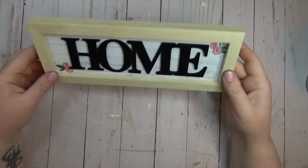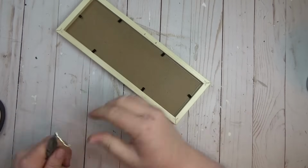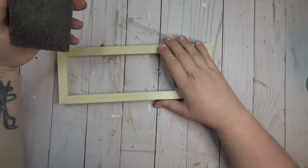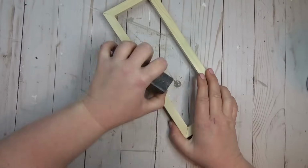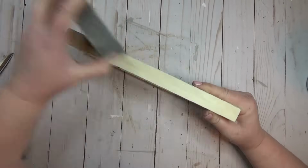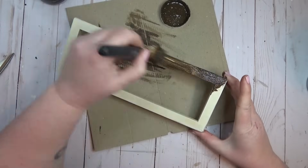They have these little home signs at the Dollar Tree, and I liked it how it was, but the frame itself was just a little bit too neat for my taste because I wanted this to have just a little bit more of a rustic look. So I just used my sanding block and I roughed it up pretty good around the edges, and then I used the antique wax again